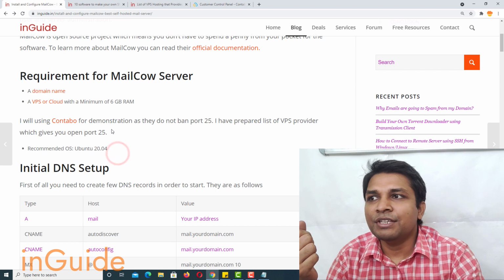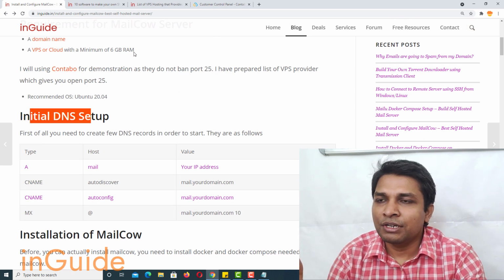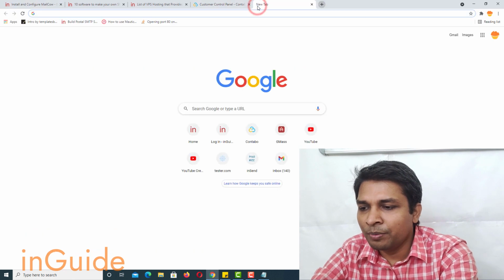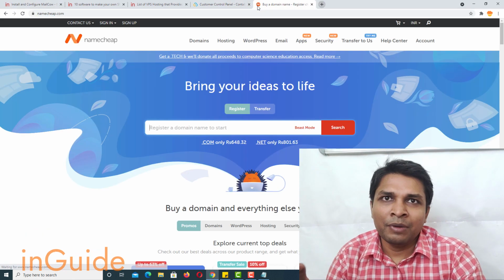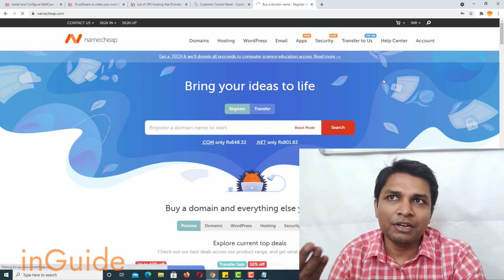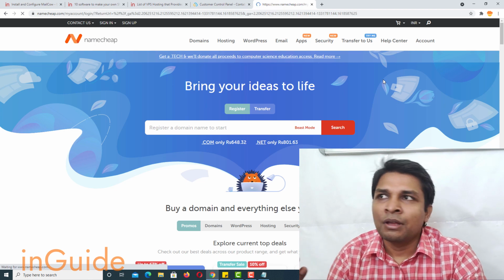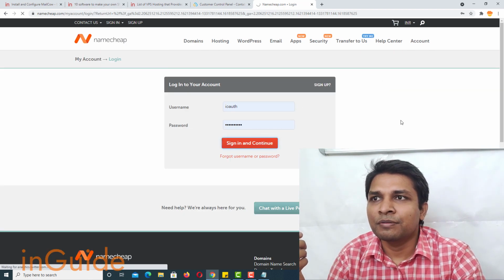And then the next step is to set up DNS. So let's log into the domain registrar, and in my case it's Namecheap. If it's different in your case, then you can make changes according to the guide. So let me first log in.